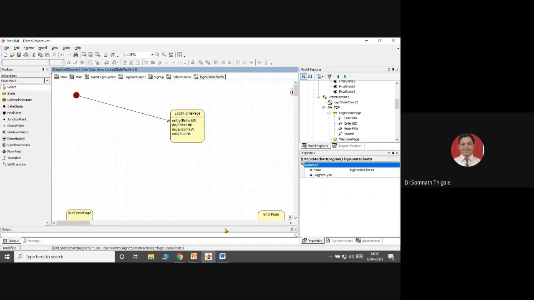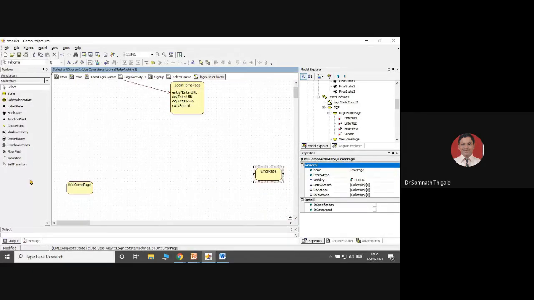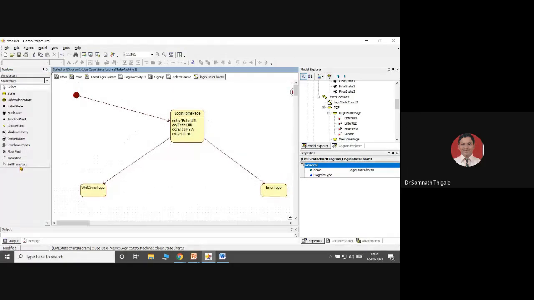Now there may be the possibility, as we have seen in the activity diagram, of these two conditions. So accordingly, I have added two more states. One of the possible conditions is to move from this page to this page. One may be possible, which I am representing as a self transition. Again, I'll be on the home page if connection is lost or something gets lost. Otherwise, I'll move from the login page to the welcome page.